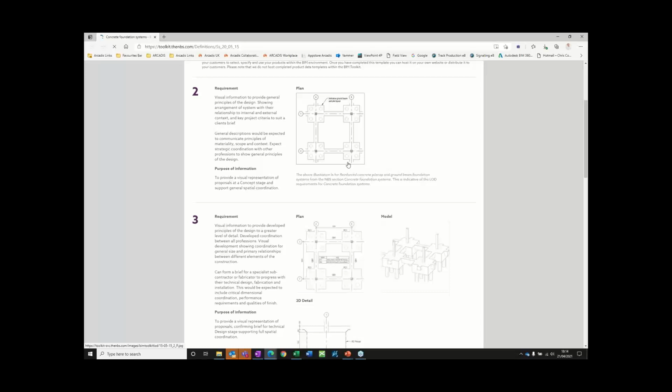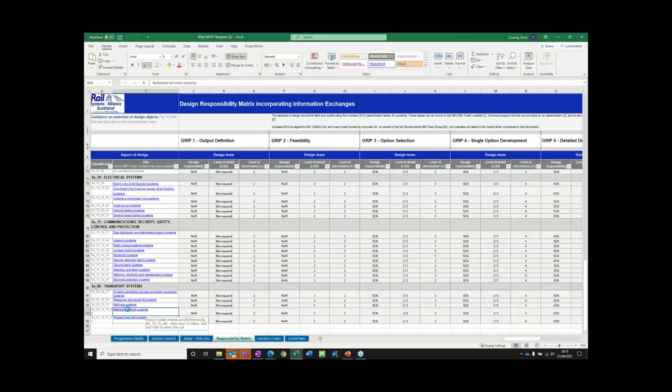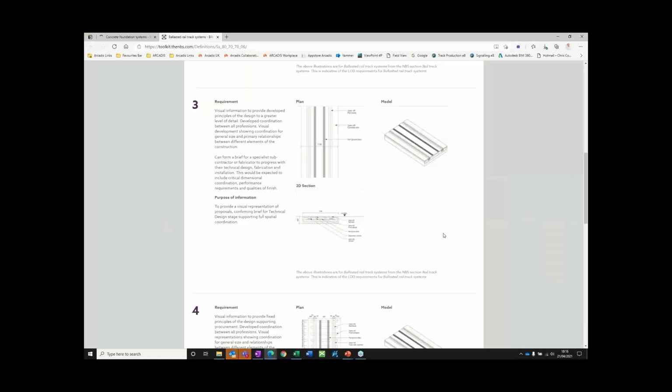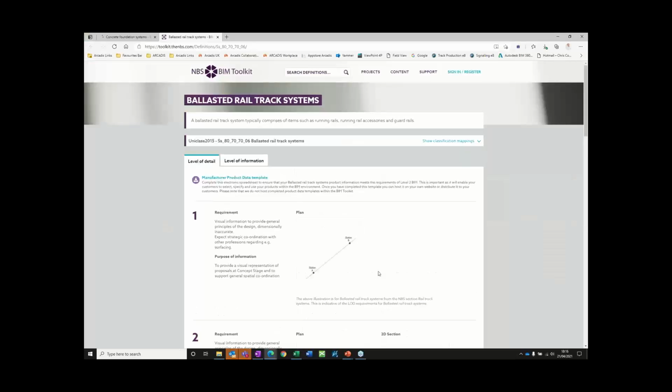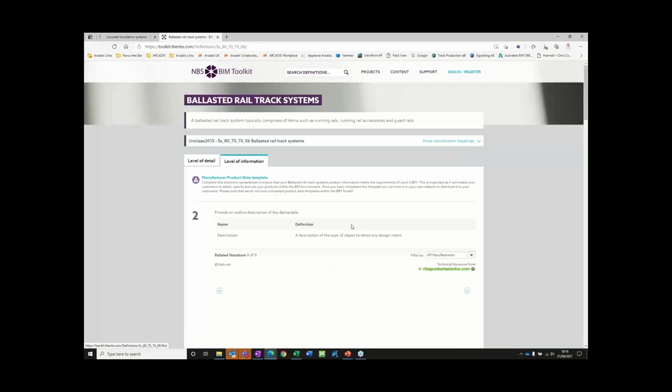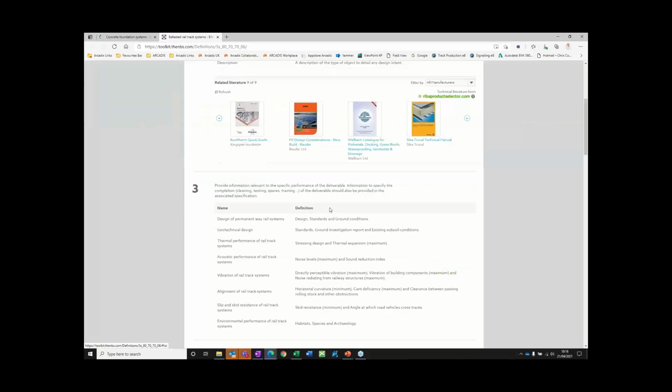At a level of detail 1, you would expect to have something like that. A level of detail 3 would introduce a 3D model, and this is the kind of information that you might expect to see in a drawing. We could also move on to the level of information, and it might reference the specifications or the standards that you might refer to, and the kind of information that we expect to see attached to the objects within a model.